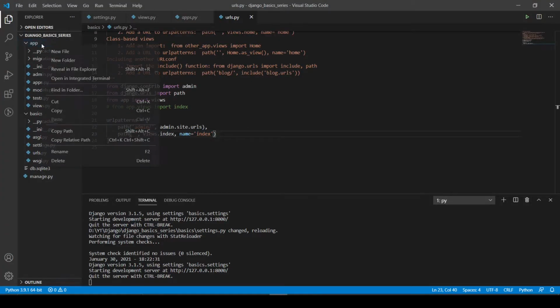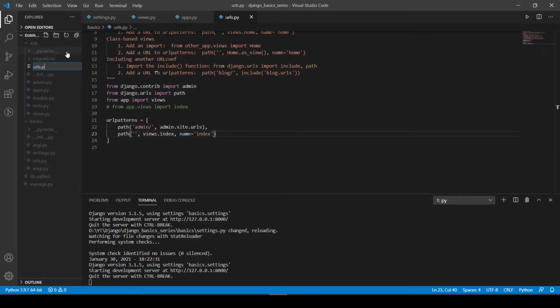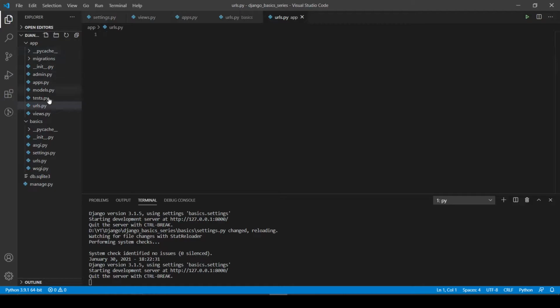I will show you how to do that. First of all, you need to create a file here named urls.py. Basically you can give it any name, but to follow the standard and to make the function of the file clear, we write it as urls.py.